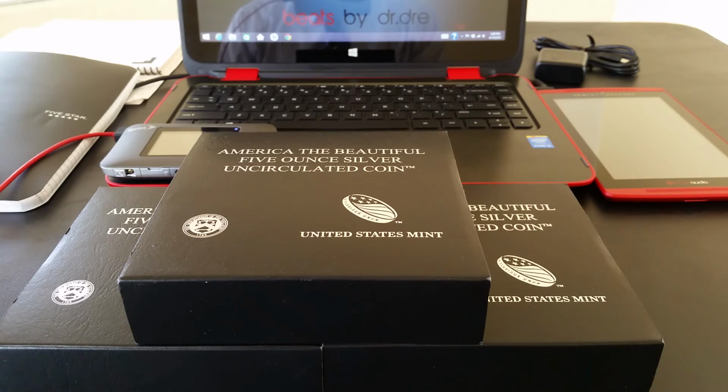And for the dragon, all I need is the 10, and the snake, all I need is the 10, the horse, all I need is the 10, and the goats are complete, because you guys watched that video. So I may grab one here and there, but for the time being, I'm pretty much